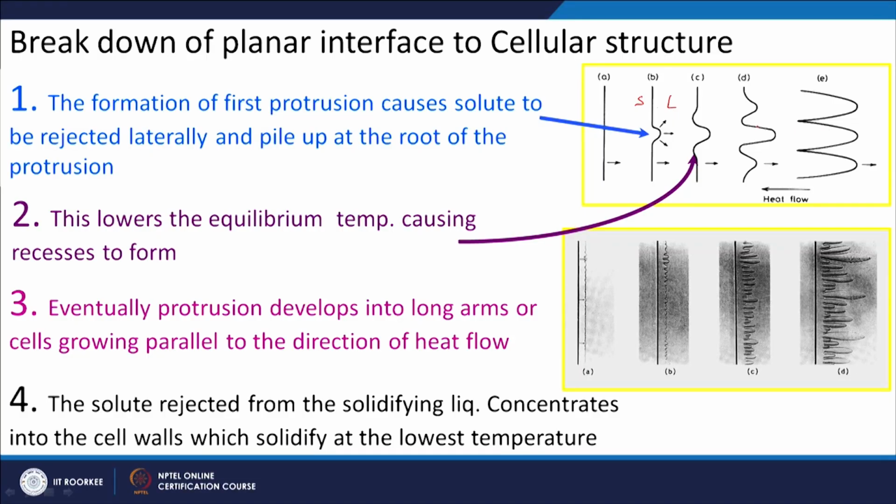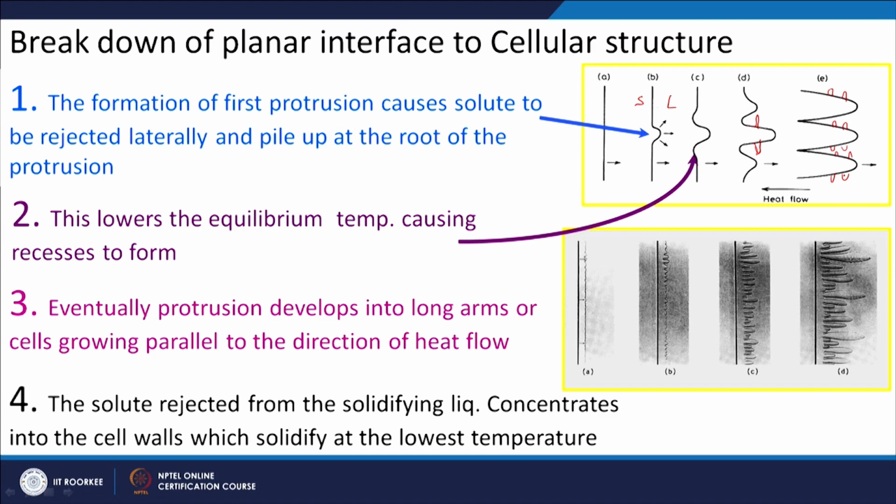When you have this condition, sometimes these will become planar interfaces, and these will also start developing protrusions like this. This will also start developing protrusions like this, which will give you a dendritic microstructure. To get the dendritic microstructure, I have to have non-equilibrium cooling, and I have to have a condition where the solute is rejected in the liquid under a diffusional process, and there has to be a constitutional supercooling or undercooling in the liquid phase,